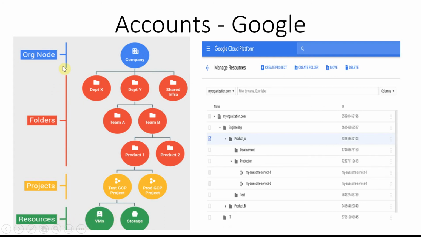This looks logical because this is how any organization is hierarchically divided, right? There will always be a company, and a company with a lot of departments. Under that, there will be teams and products and projects, and under that resources, and each project will have a few resources, and that makes sense because that is more logical to any organization. So that way, I like this hierarchy.